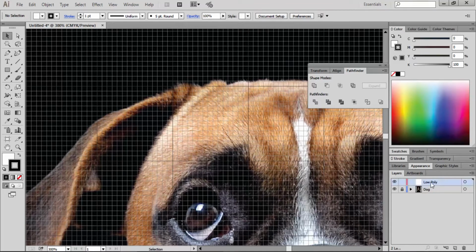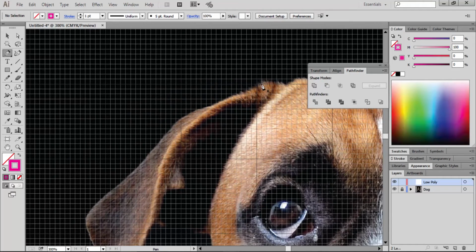And let's select our low poly layer and we're going to grab the pen tool and make sure that the fill is empty. And for the stroke we're going to grab a bright color, something like full magenta, something like this. Yeah, because we're going to need a bright color for this.